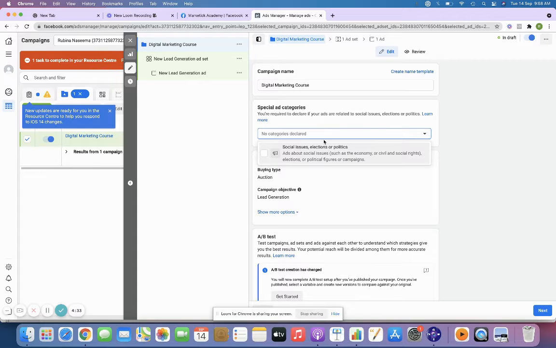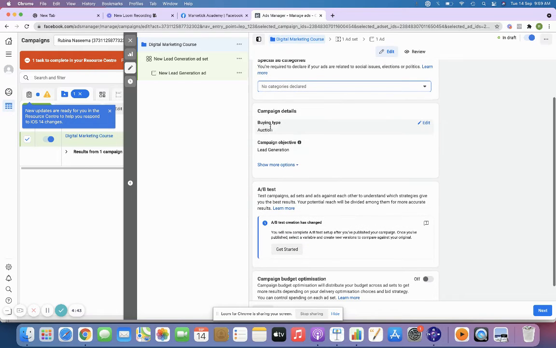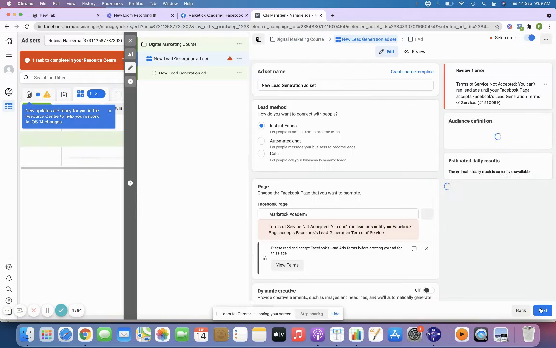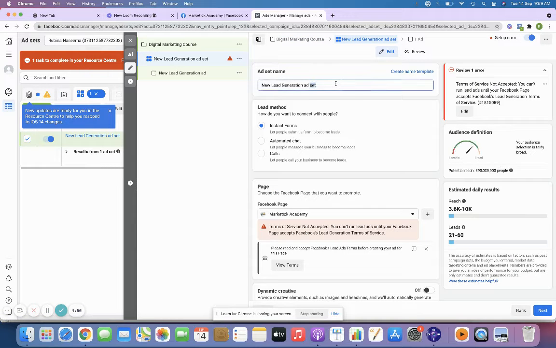That is why I'm setting up this campaign, and I don't fall into any of these categories. So I'm just going to skip that part. My buying type will always be auction, and my campaign objective will always be lead generation, right? I'm just going to click next, and here comes the ad set name.